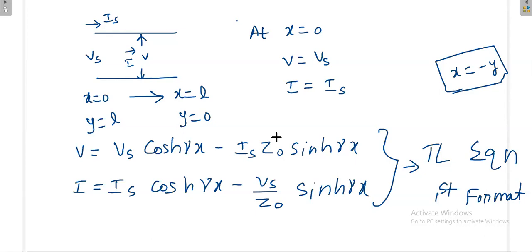Okay, so now from this I will proceed. This is the transmission line equation. Now you just try to put the limiting condition. What happens when x is equal to 0? When x is equal to 0, this term goes away, this term also goes away. Then cos 0 is always 1. Then you are getting V is equal to Vs and I is equal to Is. Similarly, if you put some other value of x, then you will get the corresponding voltage and current value at that particular point of x. That is the idea of the transmission line equations.